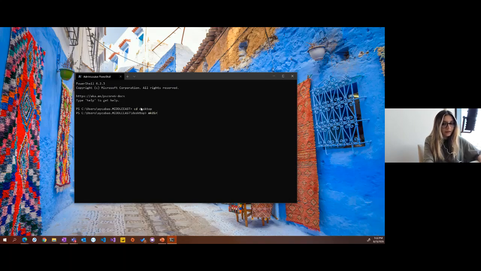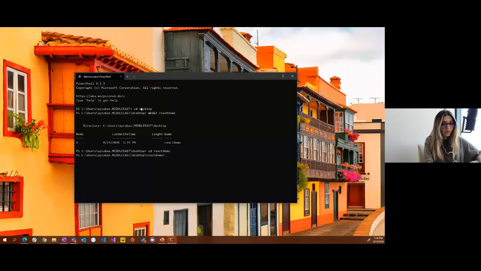Then I'm going to create an empty folder, React demo. I will go in my React demo folder. Then I will create a React application from scratch. npx create-react-app my